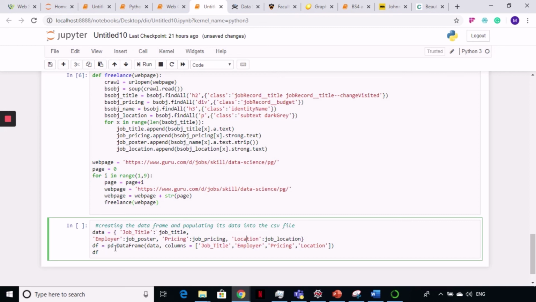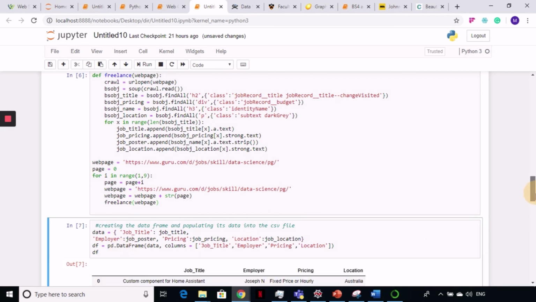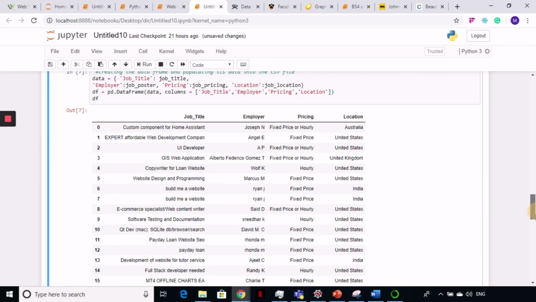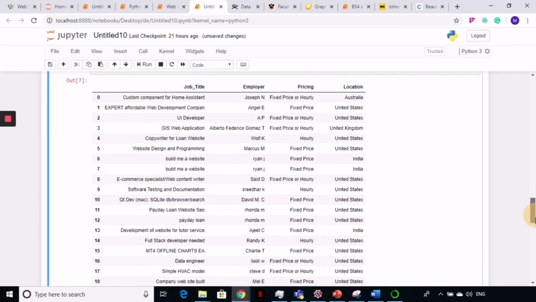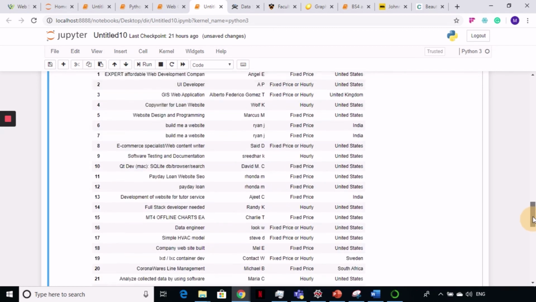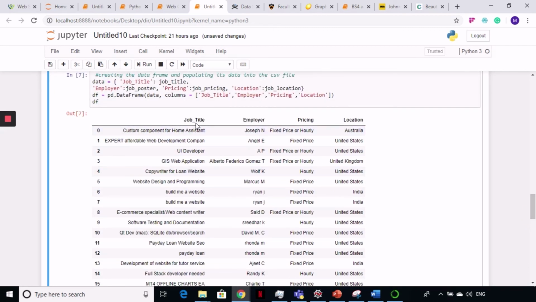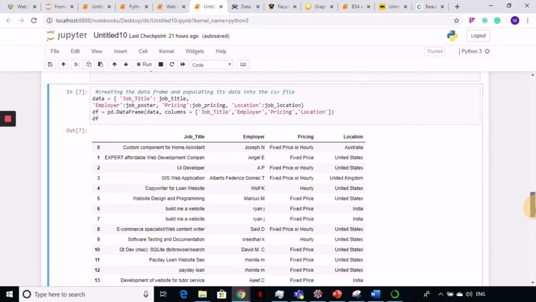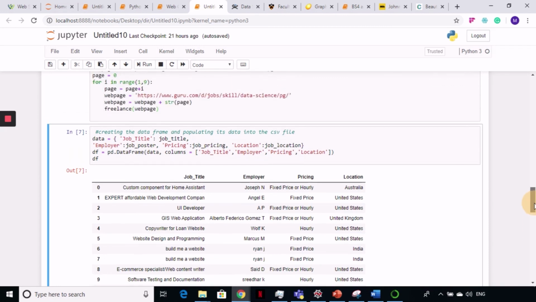And I'm assigning my lists to those column names, and then I'm calling df is equal to pd.DataFrame. My data is this, right? And then I'm assigning column names, and I'll run this cell, and you see, we have got all of our data. We have everything here. See how nice and clean it is. The job title, the employer name, the pricing, and the location, and we have all of the information that we need. And now if you want to, you can save it in an Excel file or CSV,